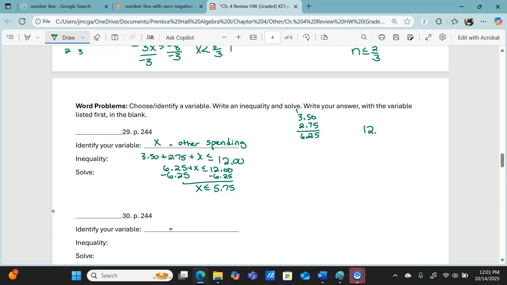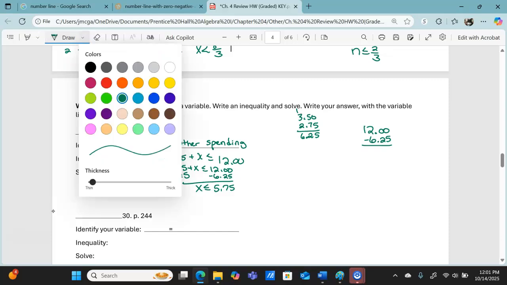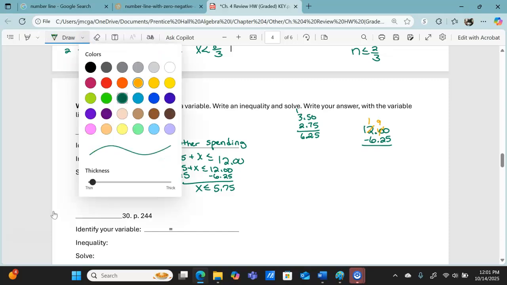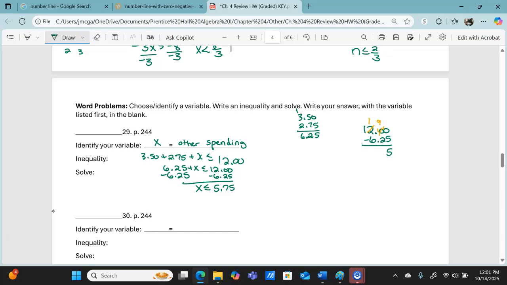If you need to see the subtraction, here it is. I cannot subtract 5 from nothing, so I have to borrow. But I have nothing to borrow in this first position. So I'm going to borrow from that 12 and make it 11. This becomes 10. Then I can borrow from that and make it 9, and that becomes 10. Now I can subtract. 10 minus 5 is 5, 9 minus 2 is 7, 11 minus 6 is 5, and that's how I got that. So x has to be less than or equal to